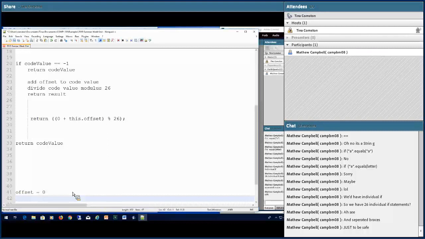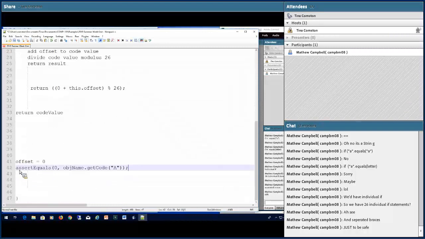So you would write something like an assert equals 0, whatever your object name is dot get code A. Because if the offset is 0, you would expect A to give you this. It's always a good idea to test the boundaries, right? So give it a Z and expect 25,